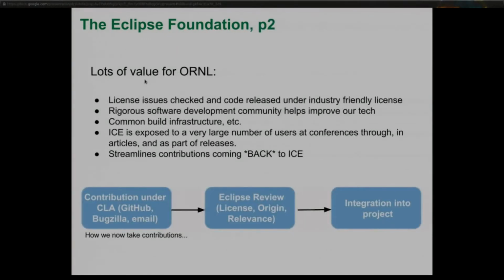So what do we get out of it, though? We probably wouldn't do it if that was the only reason, but there are some things that we get out of it that are really great. Andrew talked some about licenses, and this is a big thing for me. I have been burnt by licenses before. What's really cool about the Eclipse Foundation is they check that for you. When someone says, I want to give you a contribution, you put it in the system and they go through and check it. Lawyers check it, right? It's not just me getting it and saying, yeah, okay, it's probably cool. No, actually people who do this for a living check it, and that's very valuable.